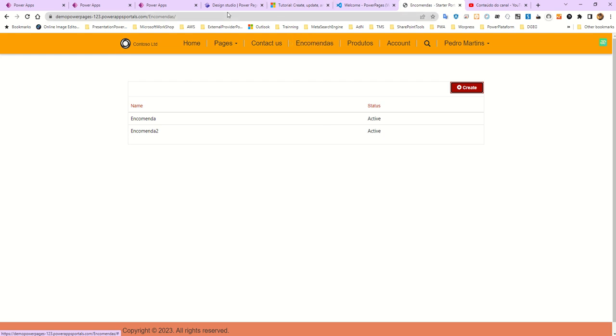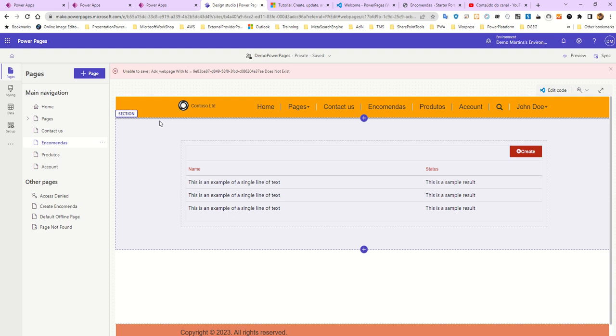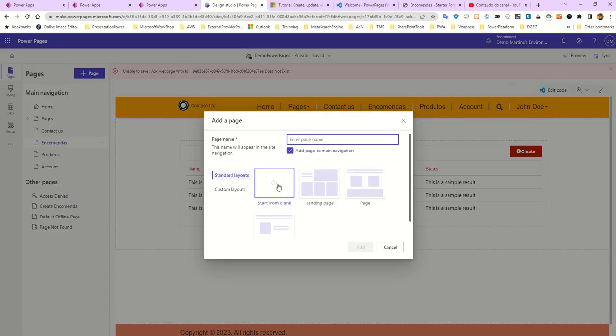So, guys, the first thing you must do is go to your Design Studio of your Power Page and create a new page. For example, start from blank, right? And I will create a create form for the product. Okay, product. So now let's do it. I add,